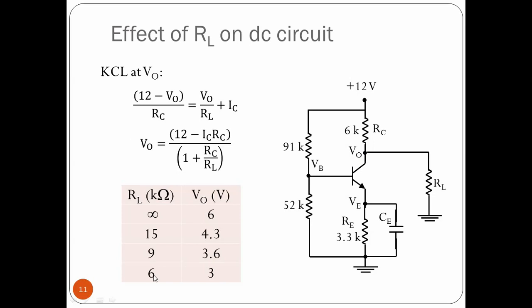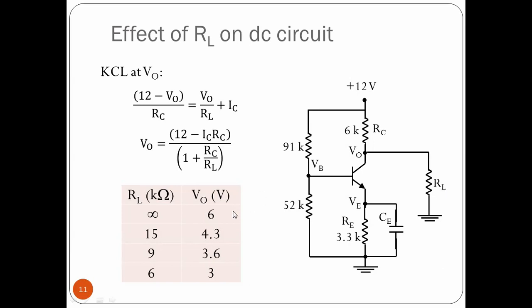So in fact, I would like you to solve it for RL equal to 6 kilo ohms, and then maybe 1 kilo ohm, and then maybe even something as small as 100 ohms or 50 ohms. Just solve this entire circuit and see what you get. It is a very interesting study, and I'm assuming that you've done enough DC analysis before the midterm to be able to solve this circuit. It's good. Alright, for now, I'm not going to spend time on the DC.